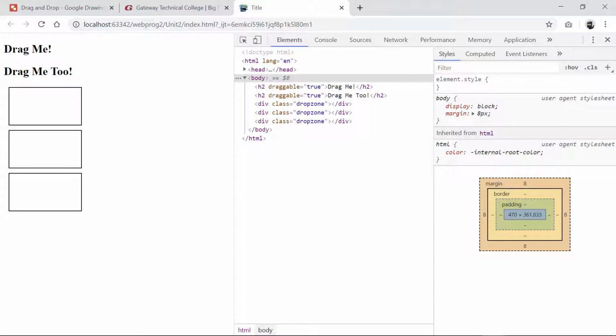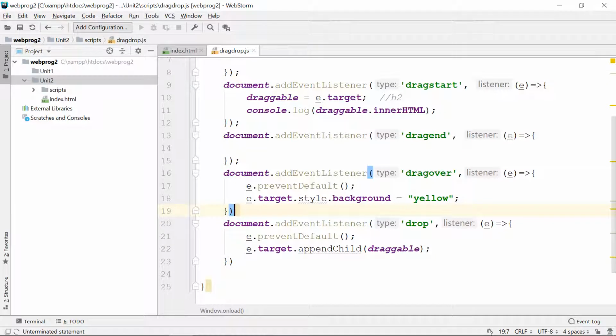So to do that, we want to set some, you want to just target these three here. So the one, I guess, that has the classical drop zone. Otherwise, it's going to affect the entire body, because the body is also droppable by default. Okay, so that means you need to, I guess, check to see if the